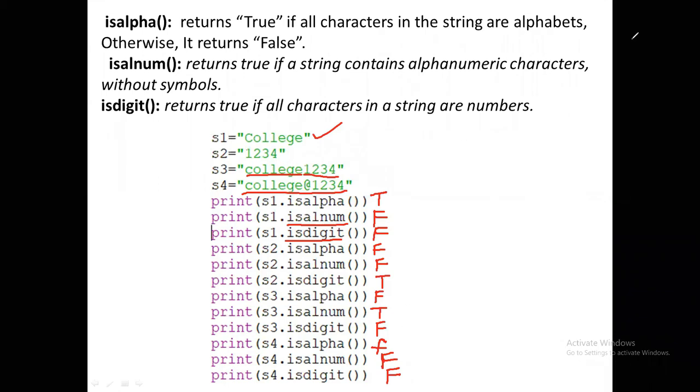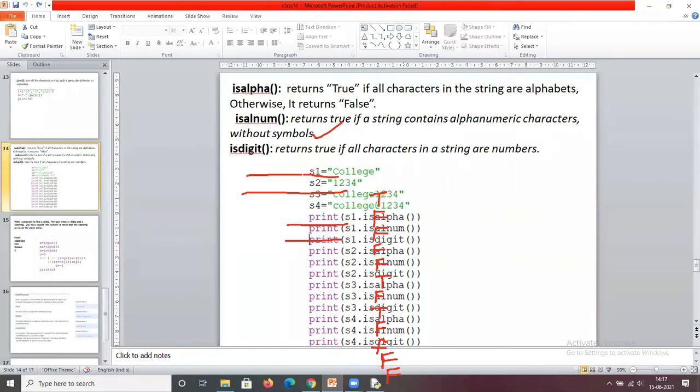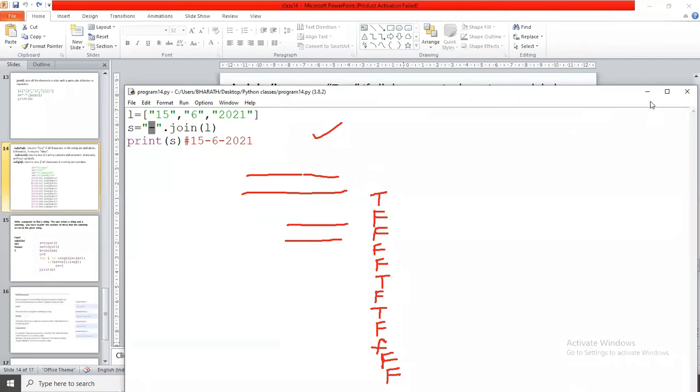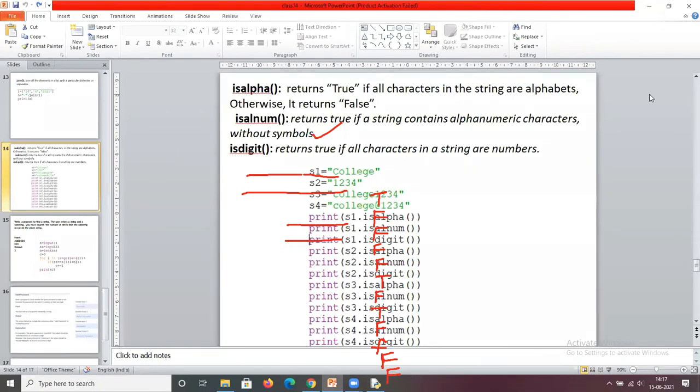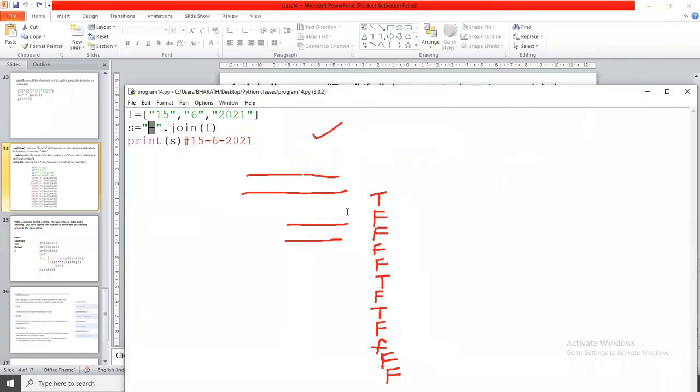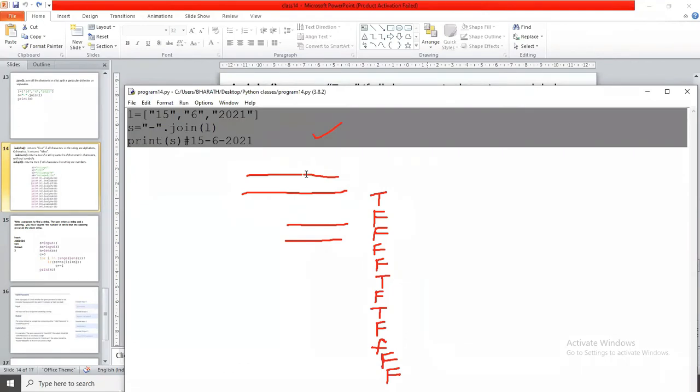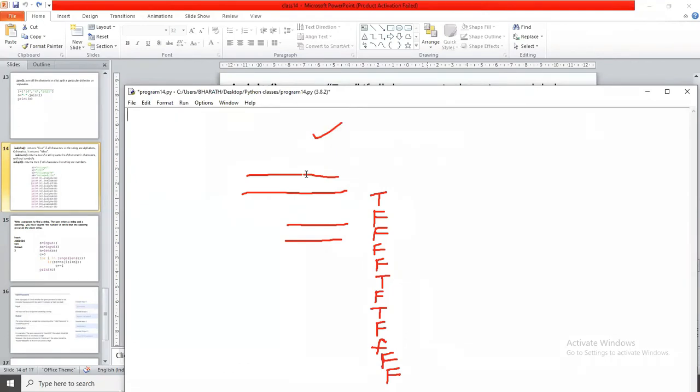Okay, so now we execute this program. S1 equals college.